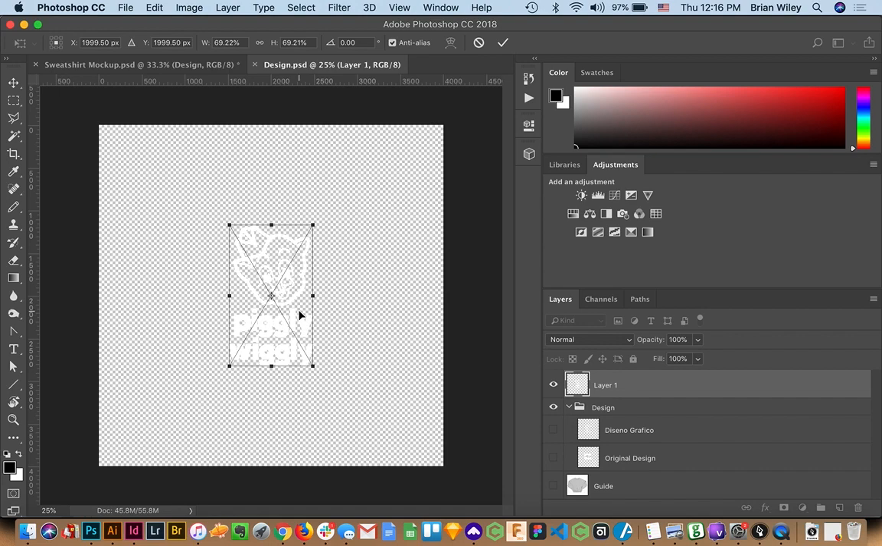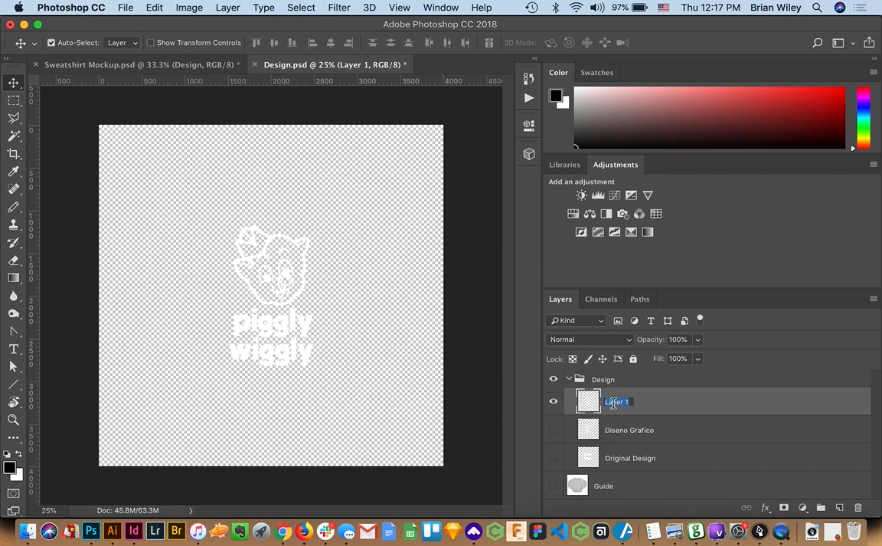And then I'm going to double click in here to finalize the change, and I am going to drag this down into the design folder here, and I'll name this Piggly Wiggly so I can keep track of it. Once I'm satisfied with that, I'm going to hit Command S for save,